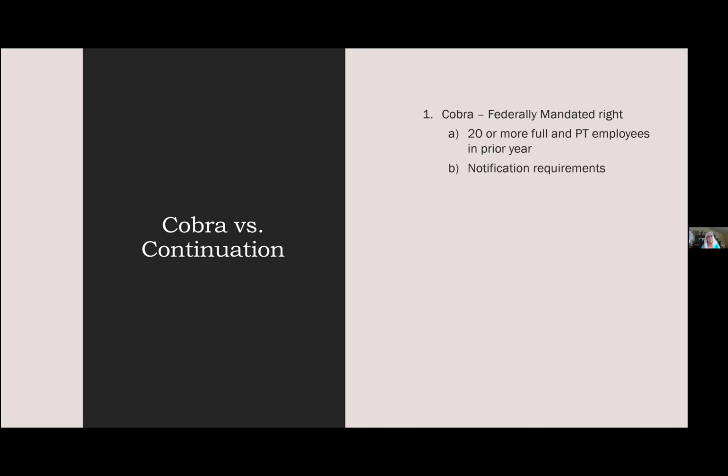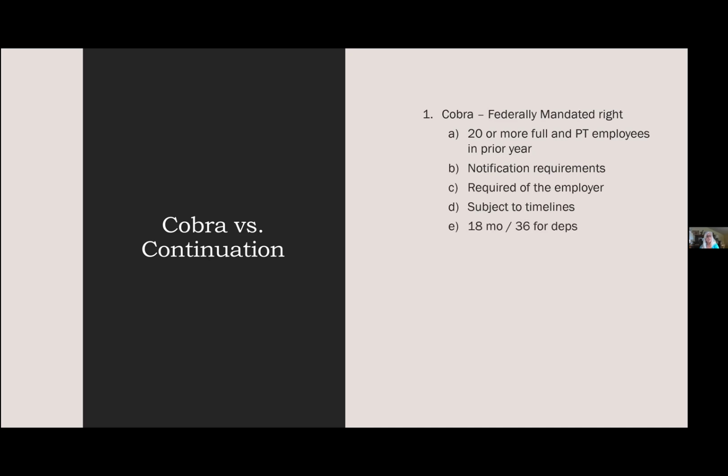When they terminate, you've got 15 days from the end of their coverage, which is typically the end of the month, to notify them. So whether you do COBRA yourself, whether your broker does the COBRA, or whether you hire an organization, you've got to pay attention to the COBRA. It is a requirement of the employer. And there are specific timelines and there are very significant fines if you don't adhere to the COBRA rules.